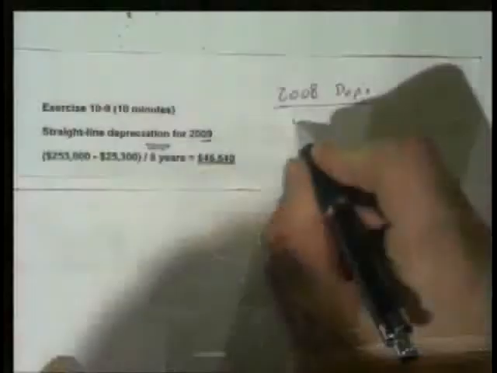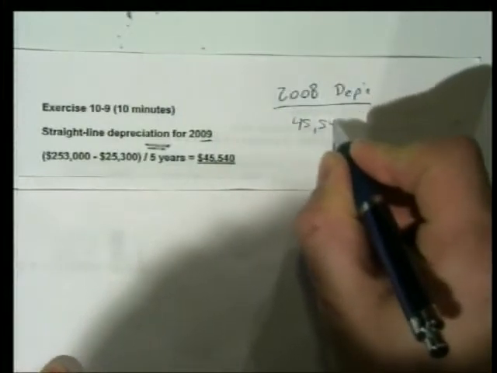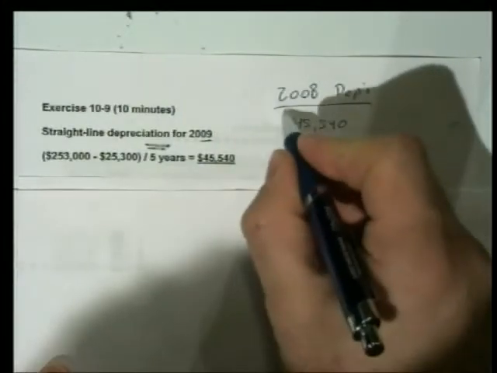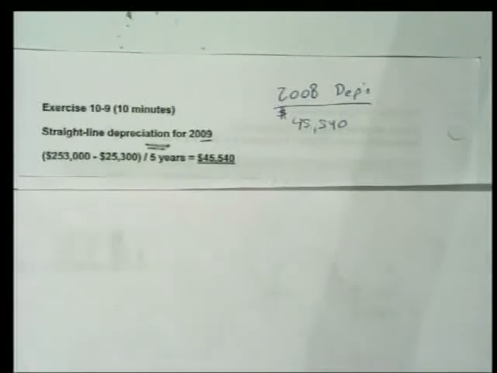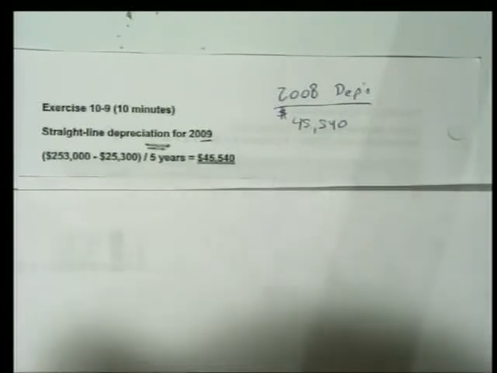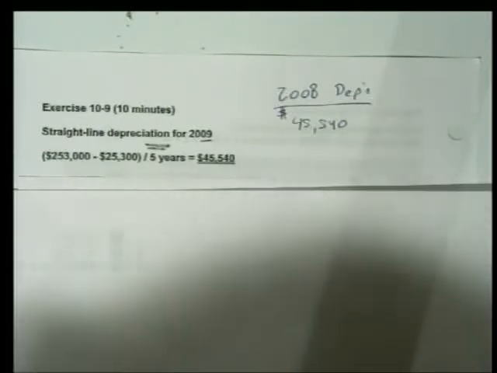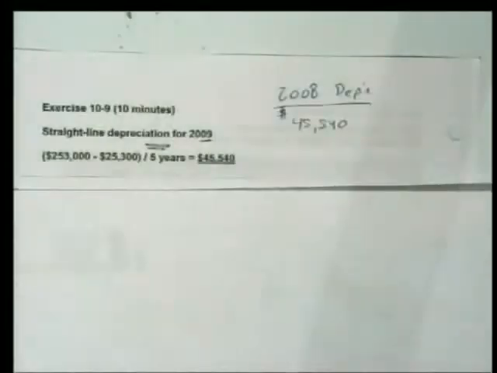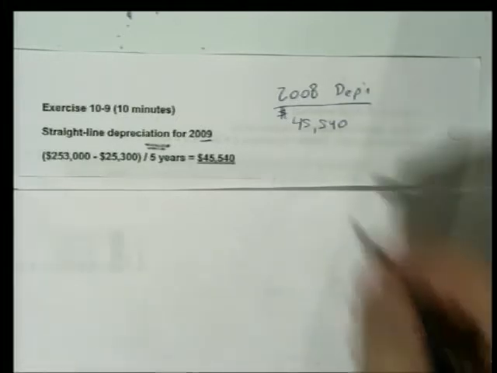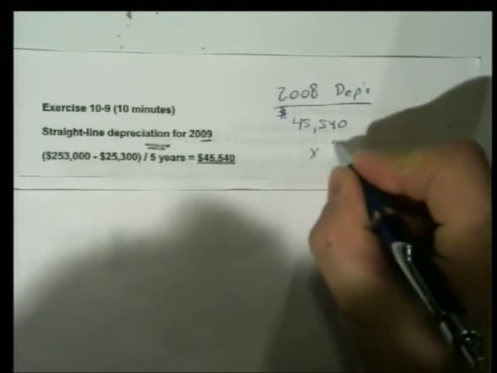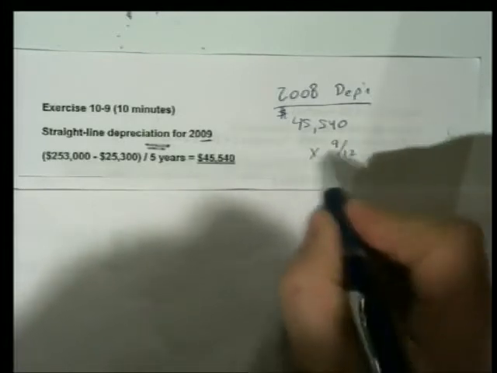All right, so for 2008, we know that we take 45,540 if it's a full year, right? How many months did we have it in 08? 9. We had it for 9. We bought it at the beginning of April, so we had April, May, June, July, August, September, October, November, December. That's 9 months, right? So if we take that times 9 over 12,